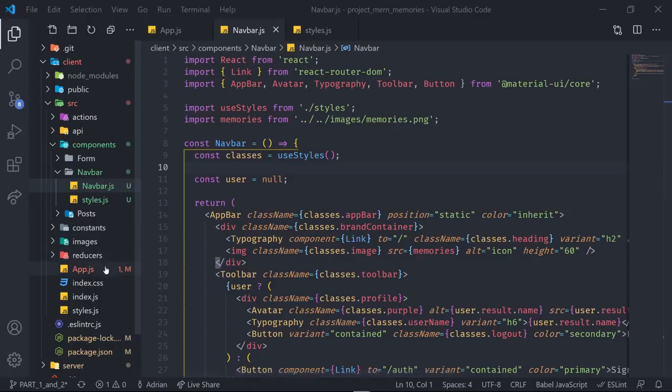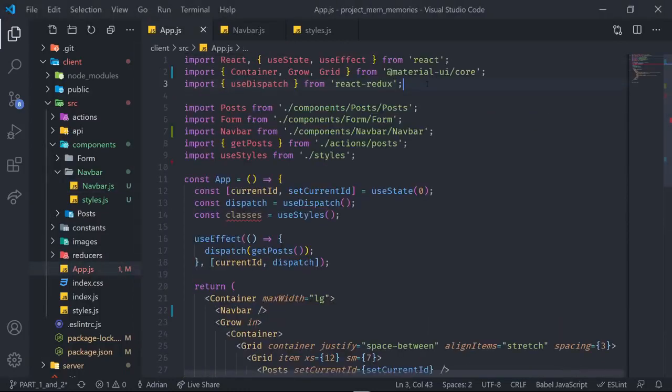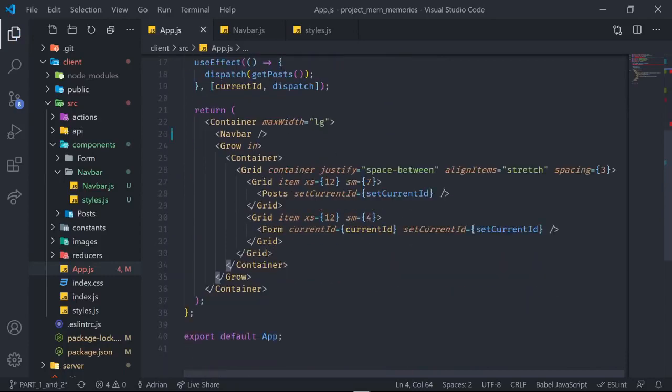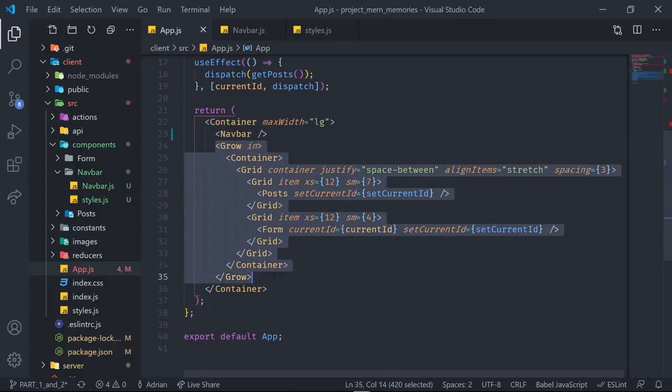So we can do that if you go back to the application. And now inside of here, we can import some of the things from React Router DOM. These things are going to be BrowserRouter, Switch, and also Route from React Router DOM. Great. Now inside of here, I would first like to move this thing into a new component because we'll be adding a lot of things to it. We want to keep our app clean. So I'm going to copy all of this with the Grow